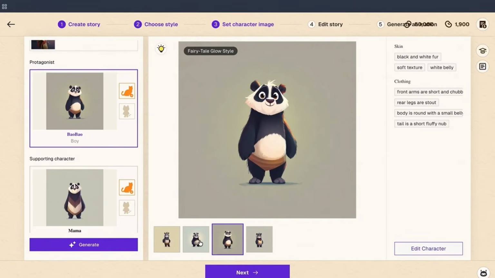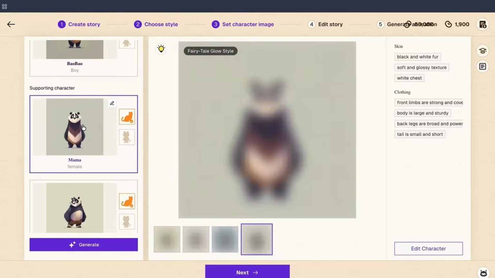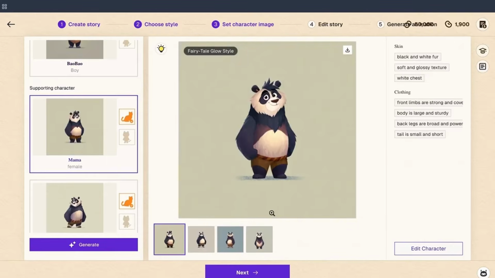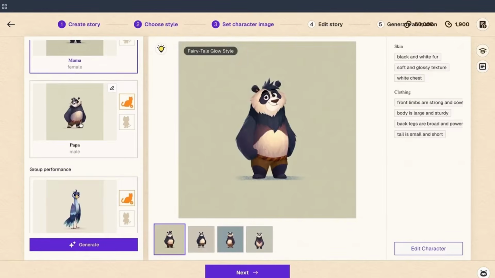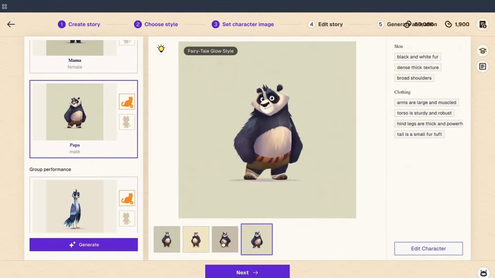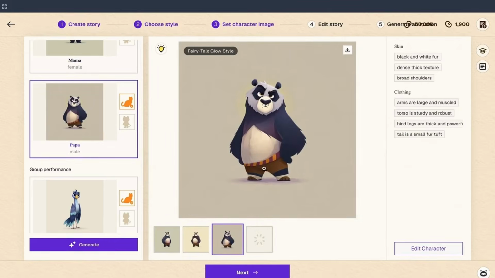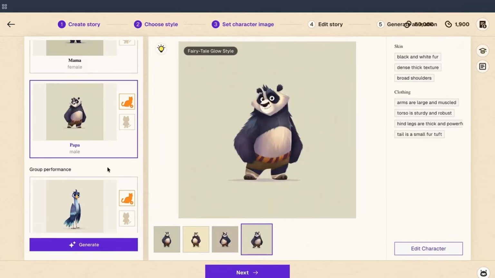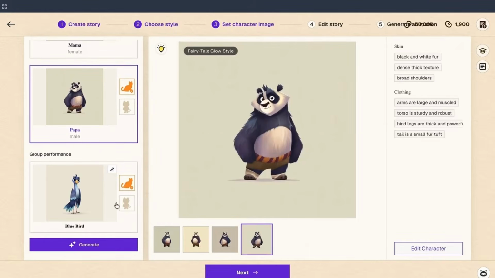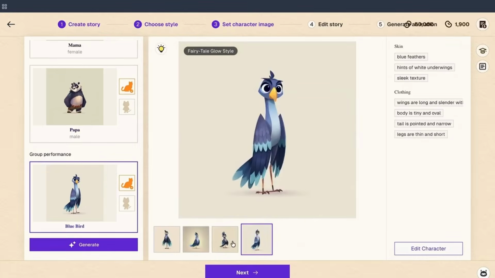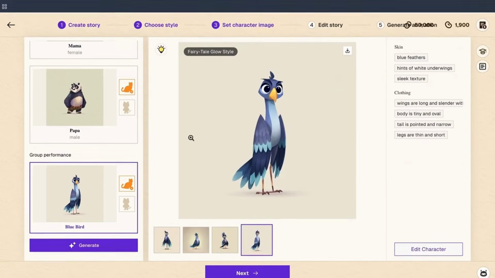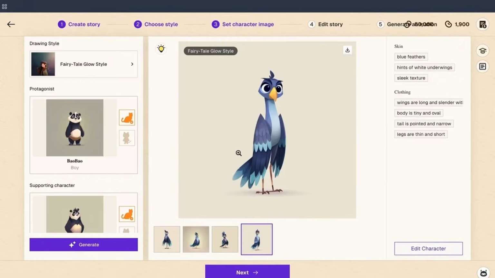You have different characters. So for example, I will use this one, and let's go to the second character here. I will choose this one, and let's go to the papa character, and I will choose, for example, the first one. Okay, and we'll choose this one. Let's scroll down to the last character, this one, and let's choose this one. Looking really good. So once everything is done and looking good, you guys just need to click here on next,